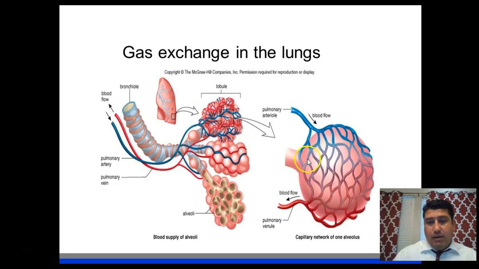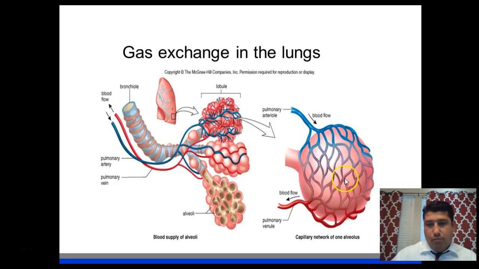The carbon dioxide from the capillary is released into the endpoint of the pulmonary system of the lung. This is the smallest unit of the lung, called an alveolus, singular alveolus, plural alveoli. These are the air sacs, the final destination for oxygen and the drop-off point for carbon dioxide. So the blood that has been carried from the heart delivers carbon dioxide, and the capillaries also pick up oxygen. Now the blood has oxygen.